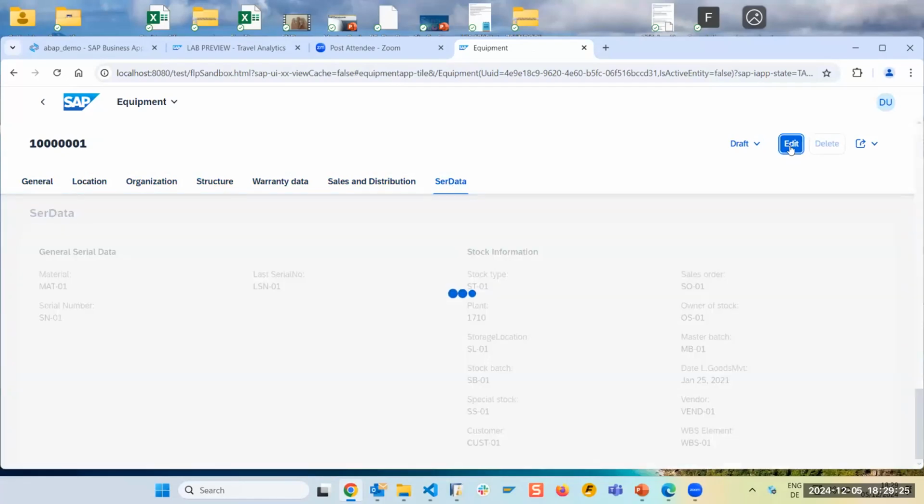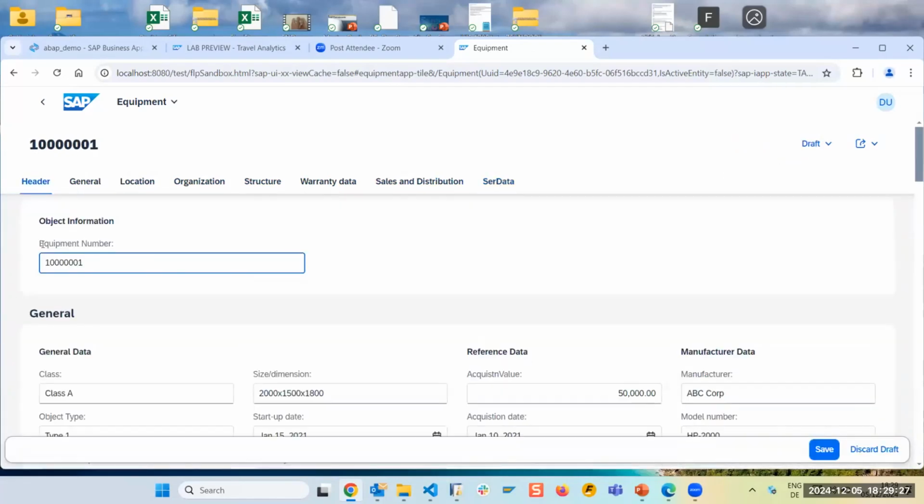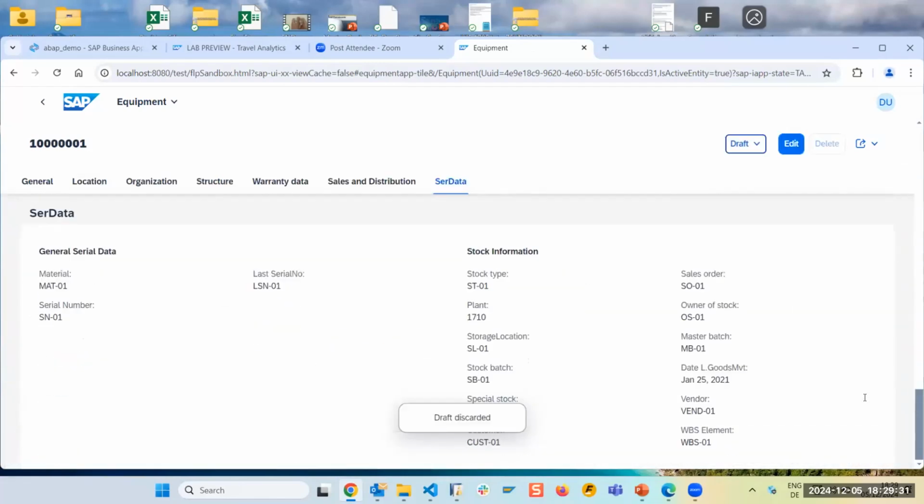And of course, it's a RAP draft service, so editing is possible here as well. Yes, and now we are done. Oh, no, not yet. That's where 85% of the challenges are. It saves to the new database, but not to the one for the real equipment. The connection between the CDS views and the data model which exists and the one which you generated is something we are working on.